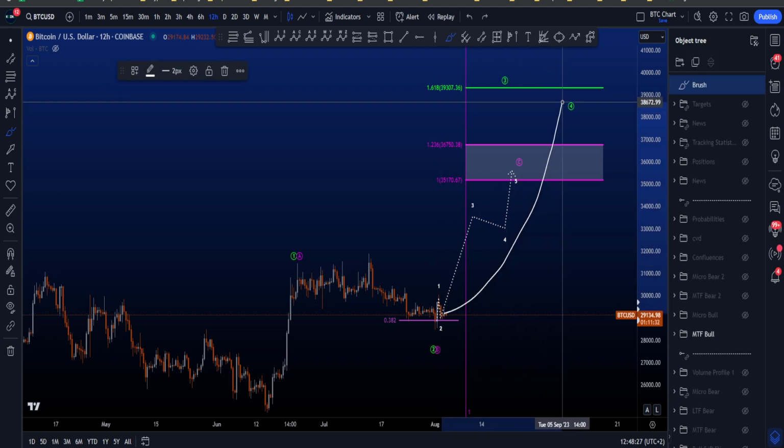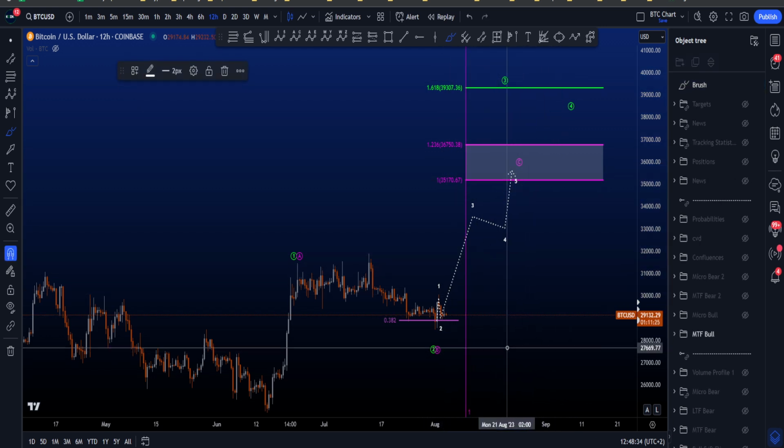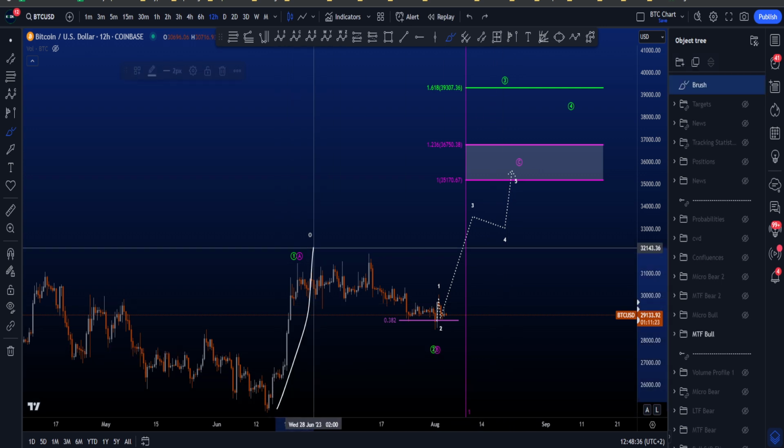Wave 3 tends to be the most impulsive and strongest wave in an impulsive structure, so you really want to see price pick up with high volume and a parabolic move towards the upside, while a wave C tends to be more of a lazy structure to the upside, also tends to be longer than this wave A,